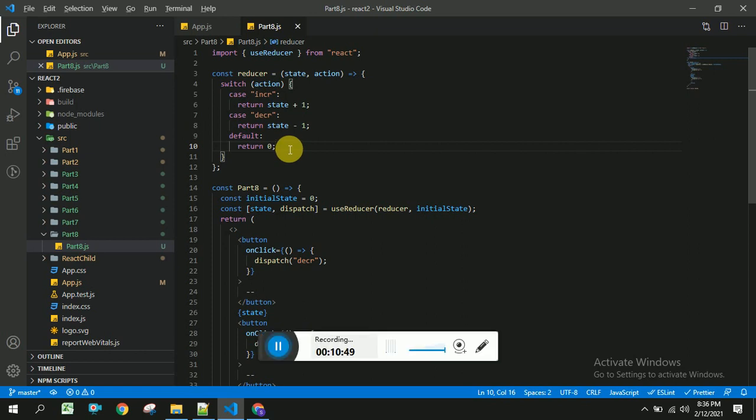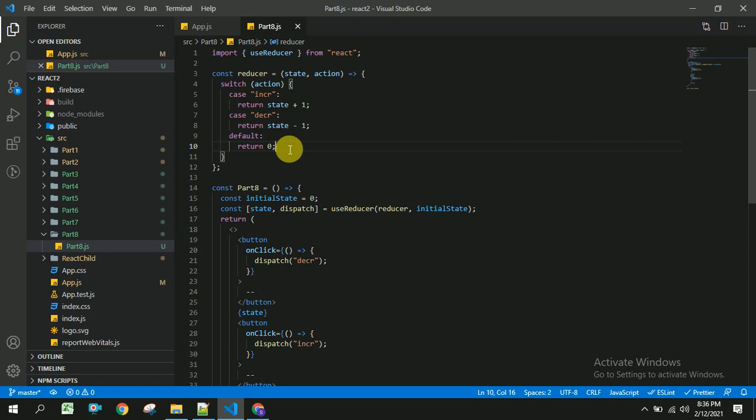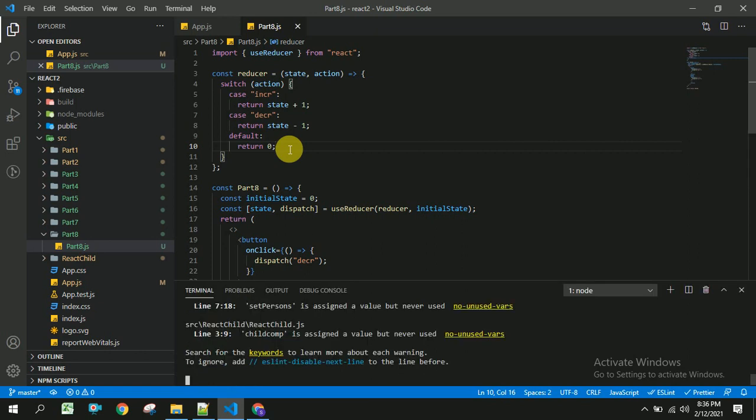I have compiled this already. It got compiled successfully, so let us head back to our browser and refresh this. Once the user clicks on this, here we have pressed it as minus because we copied it wrongly. Once the user clicks on plus, it will be incremented, and if he clicks on minus, it will be decremented.